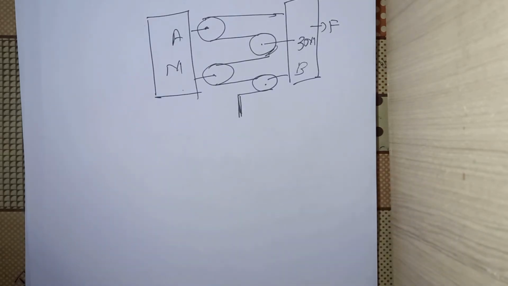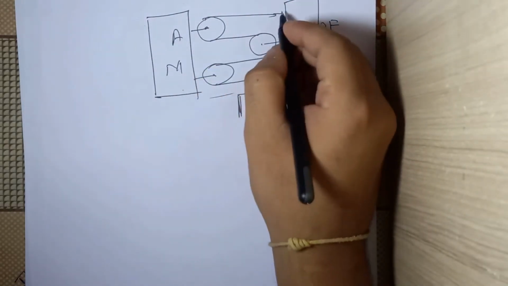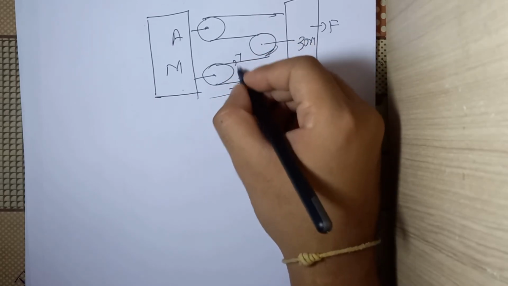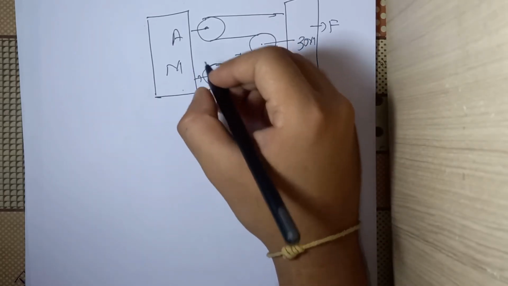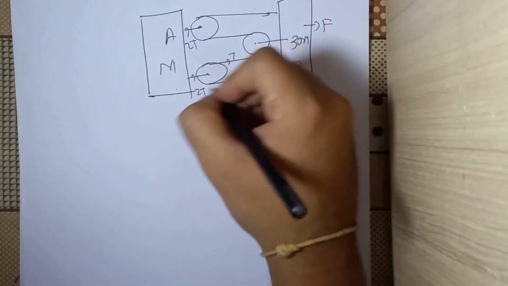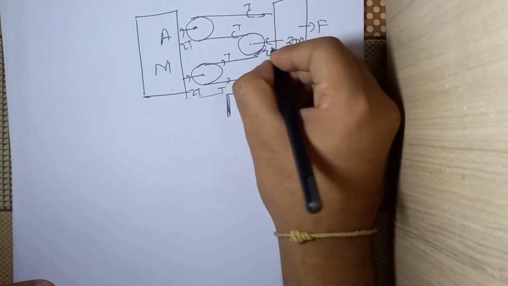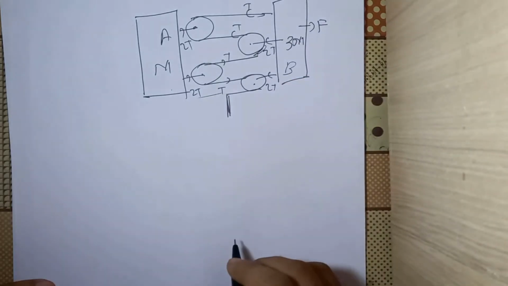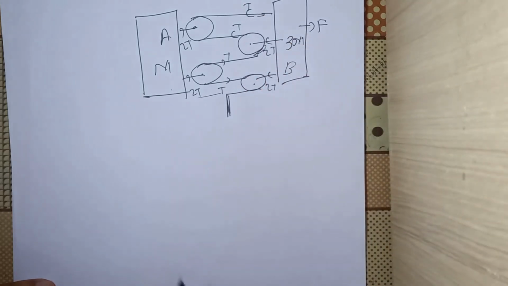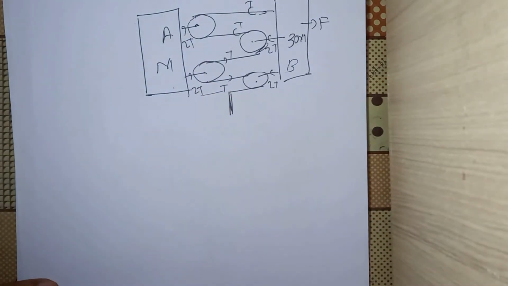I would really advise you to pause the video and try this problem yourself. So let us say that there is some tension in the rope. We can see that this is a single rope, so let's say the tension is T. Now because there is a tension T and T here, I can say that there is a tension 2T and there is a tension 2T here. For this part, this is a single rope that we have taken. So this is T, and because this is T, this will become 2T, and similarly this will also become 2T. So ultimately, the net tension on 3m is T plus 2T plus 2T, which is 5T, and on the block of mass m, the net tension is 2T plus 2T.